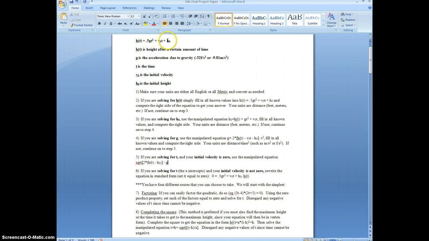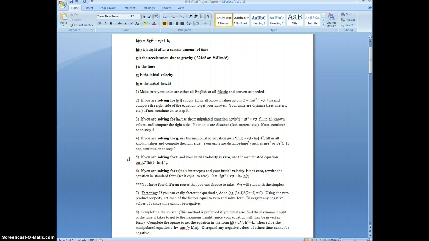So by moving h naught over to the left side and h of t over to the right side, we now have a new equation that's isolated to solve for h naught. And we can do the same thing if we are solving for g. For example, if our gravity is on the moon instead of our normal gravity, we could solve for g using a different manipulated equation. And it isn't until step 5 that we actually start solving for t, which is our